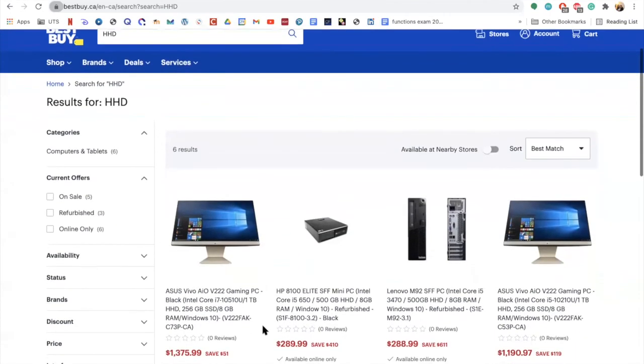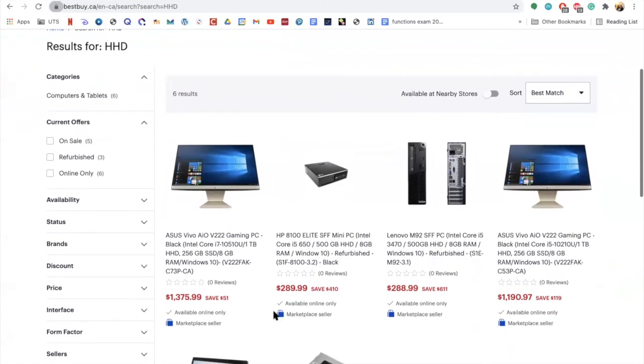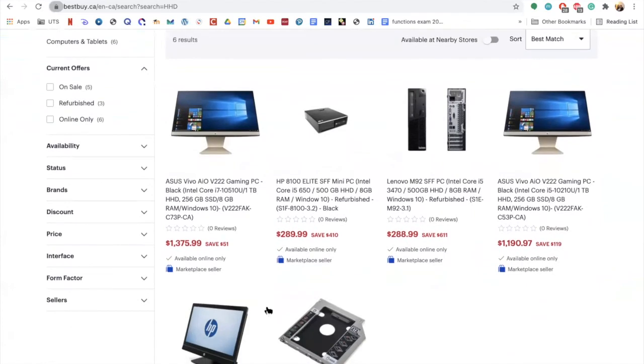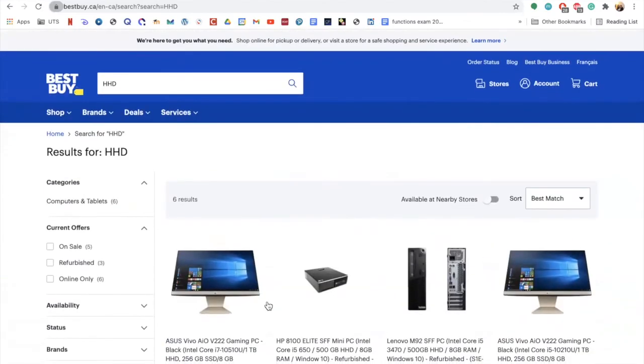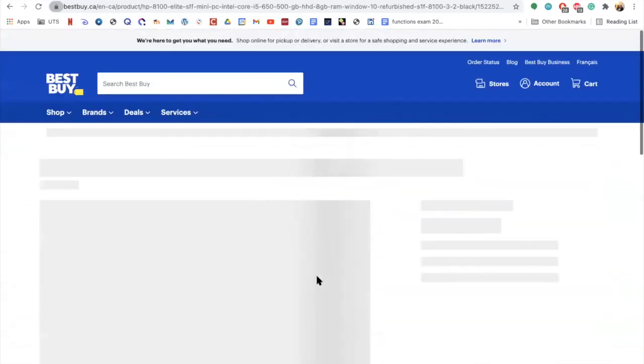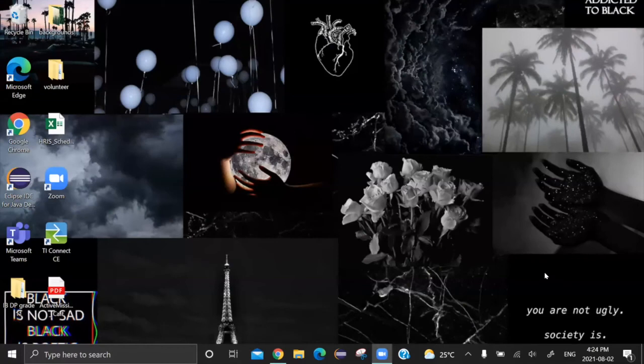And then finally, another version of the external drive, you can just scroll down to find it. And once you find one that you're interested in, you can click on it and then you can add it to your cart as well. As you guys can see right now, I'm on my desktop and I will put the hard